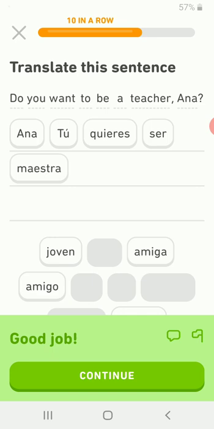So when you address yourself to someone, you just call him by his name first or her name first, and then you ask what you want, so that you know that the message is getting to the right person, and you know that he or she is paying attention to what you're asking. So Ana, ¿tú quieres ser